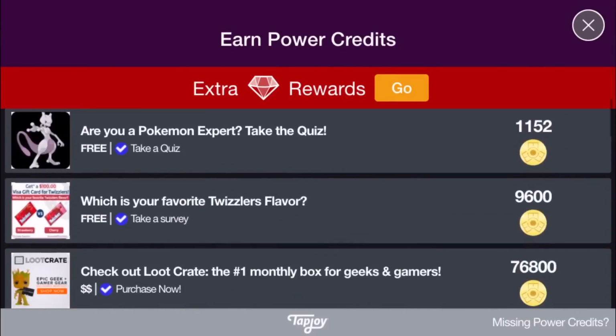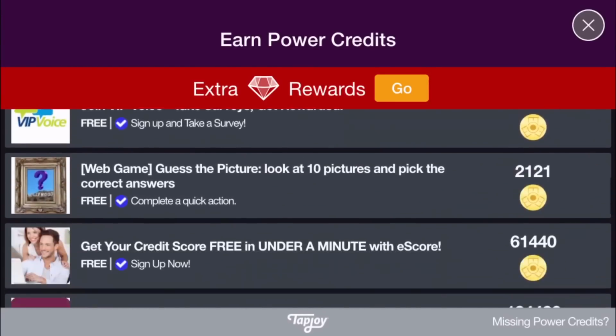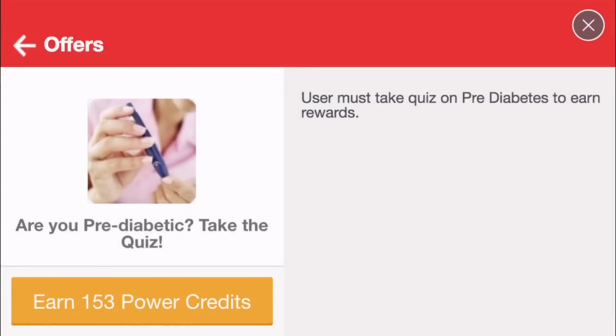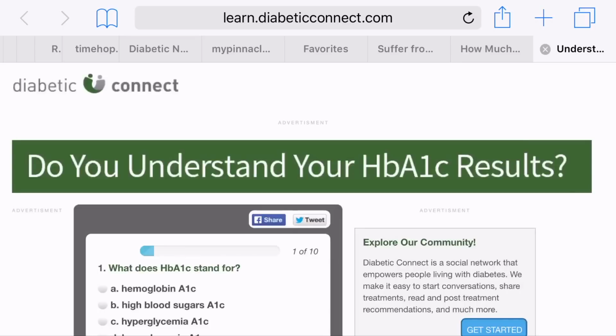Usually, what I like to stick with are watching the videos, and there are a few surveys that are 100, 200, 300 credits. Like this one right here, it says, are you pre-diabetic? Take the quiz. The nice thing about these surveys is once you load them, it'll bring up a web page, and that's it. You don't have to actually fill out a survey. You just load the web page,